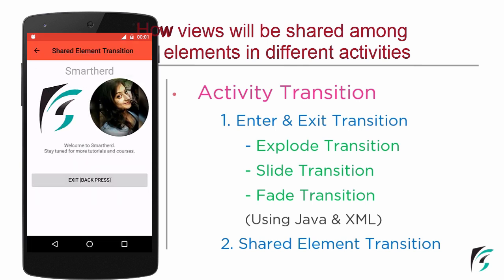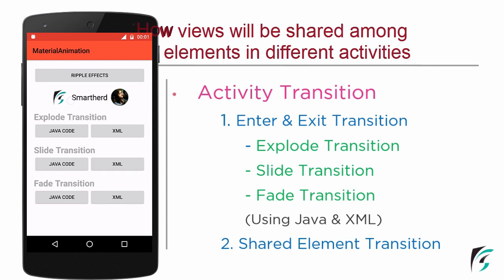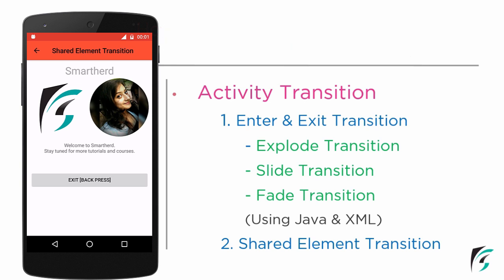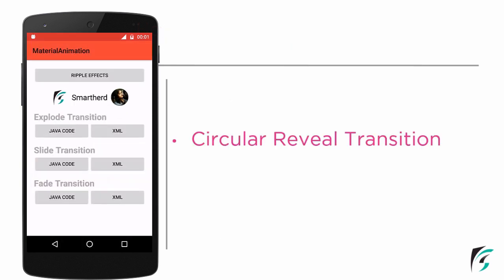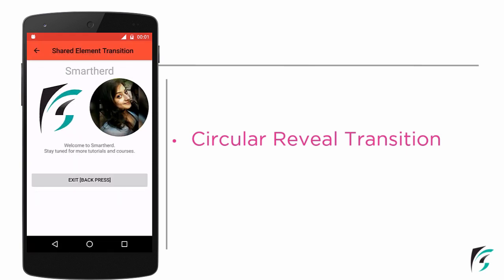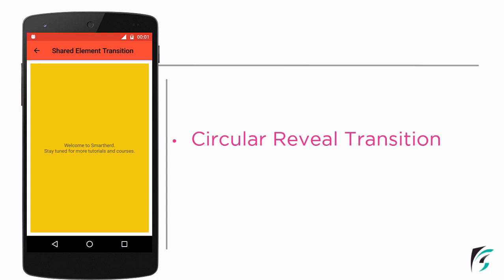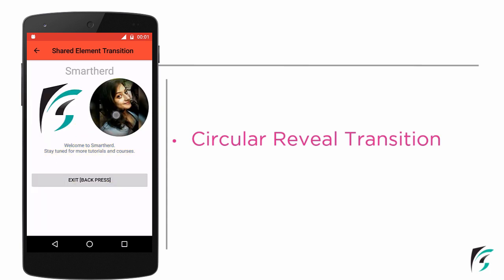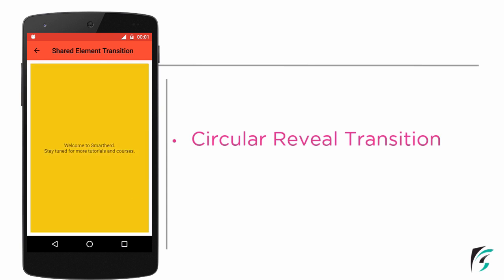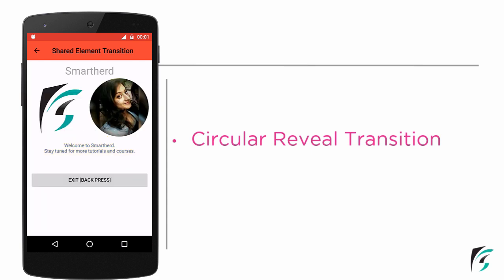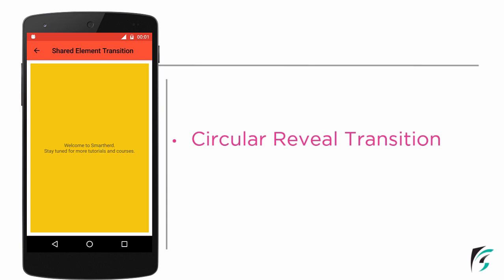The shared element transition determines how the elements will be shared between the different activities when they move from one activity to another. The next we will be learning about is the circular reveal transition. Now what circular reveal transition is, you can see on the left side of your screen. On clicking this element, we can see how the complete activity is replaced by the information that is related to the same element that you have clicked. So this is what the circular reveal transition is. On clicking it again, the detail becomes invisible.